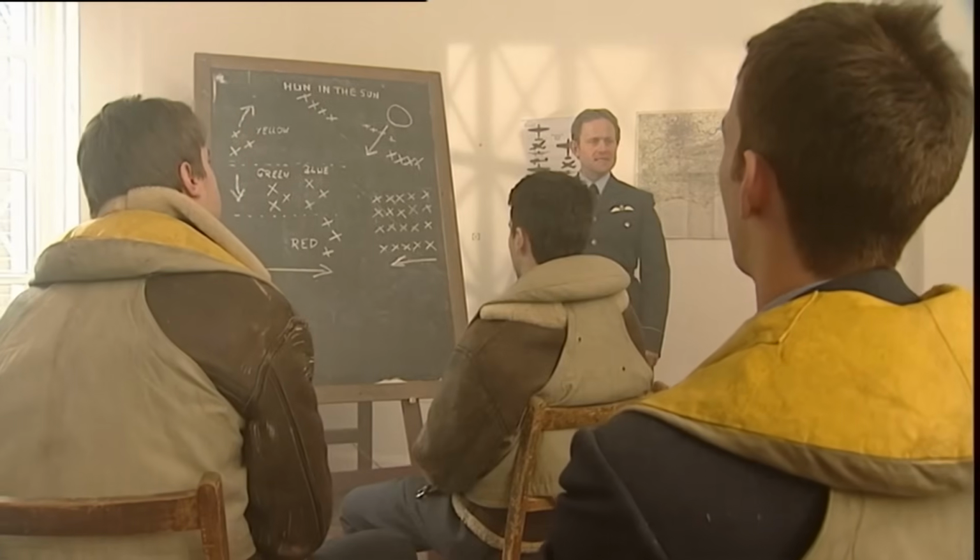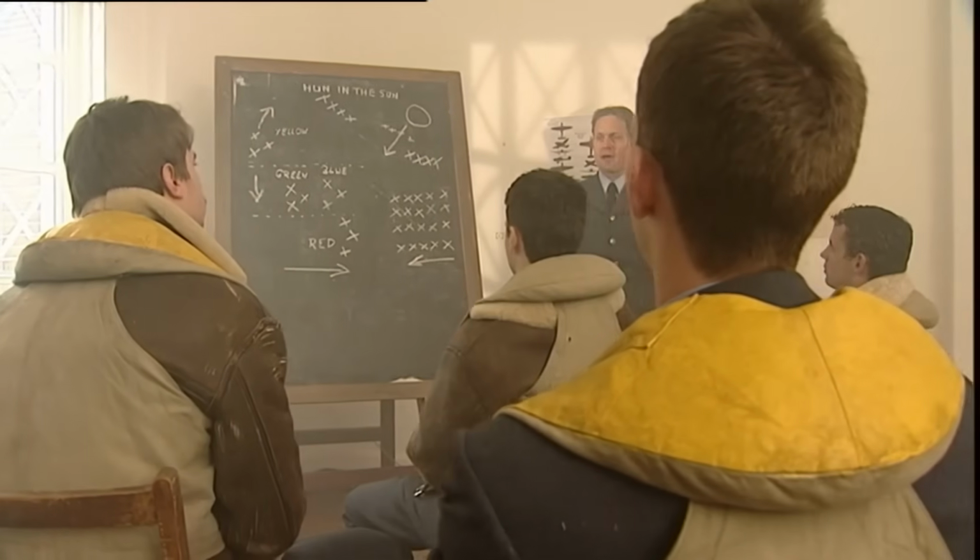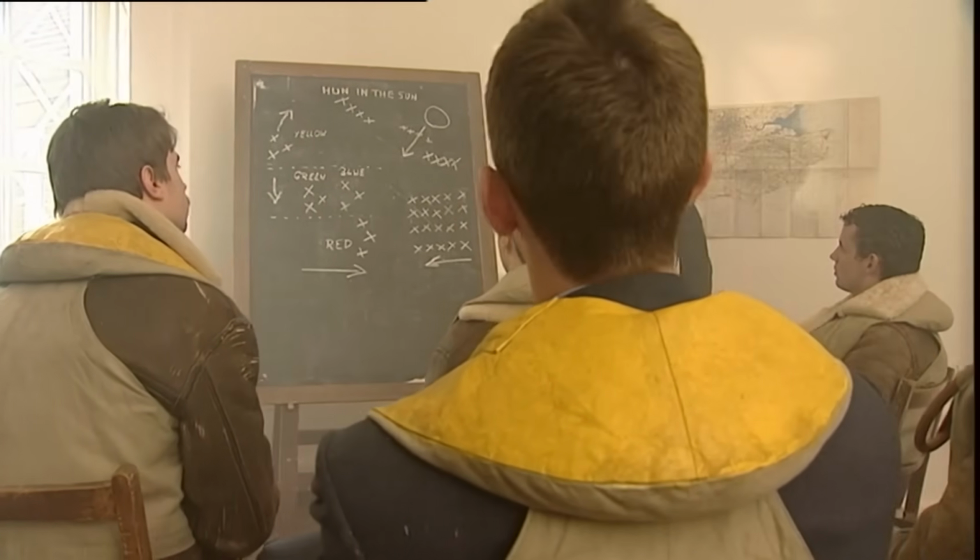Well, gentlemen, I'm pleased to say that at long last we have 12 airworthy...